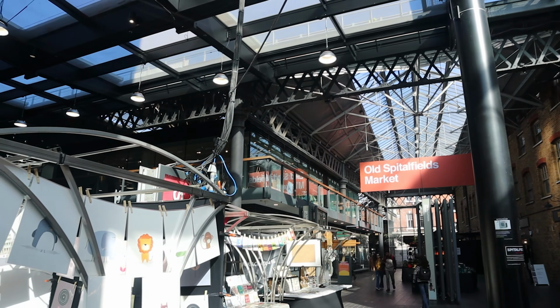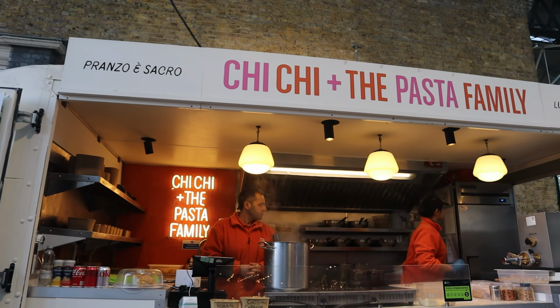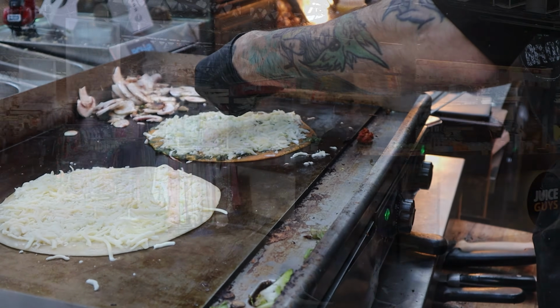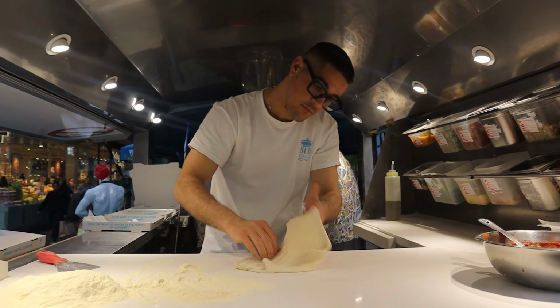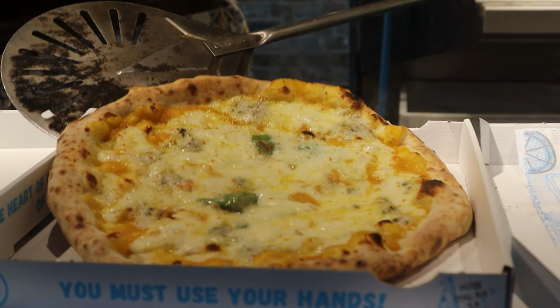Alright guys, we're super excited to be here at Old Spitalfields Market. They say this market could trace itself back to the 13th century. It's been in London for centuries and it's been an integral part of the culture and society here. There is such a hustle and bustle around here wherever you go. The East End of London has always been a melting pot of different cultures, an amalgamation of different people, different foods, and all the great things they have to offer. Spitalfields has very much embodied that for decades. So it's a great place to start our new series and we're going to show you all the great food